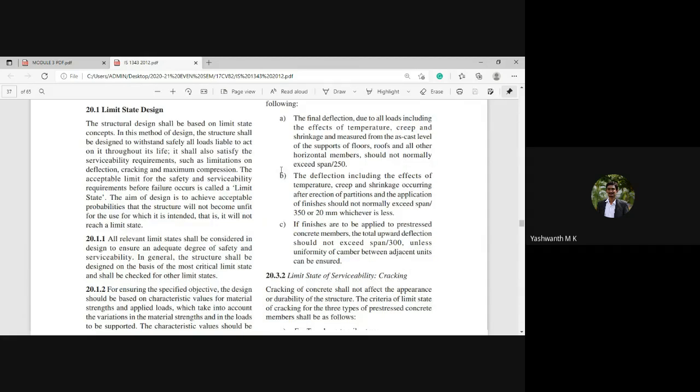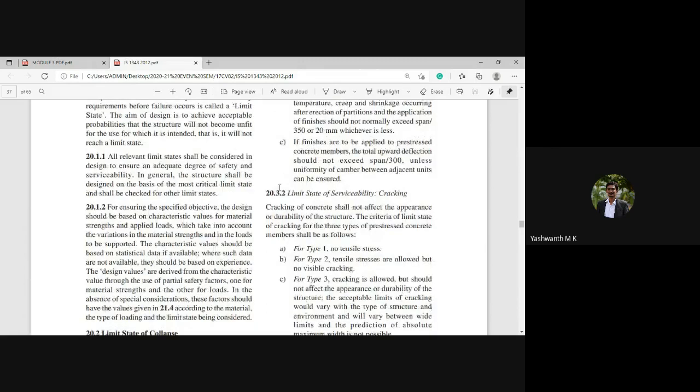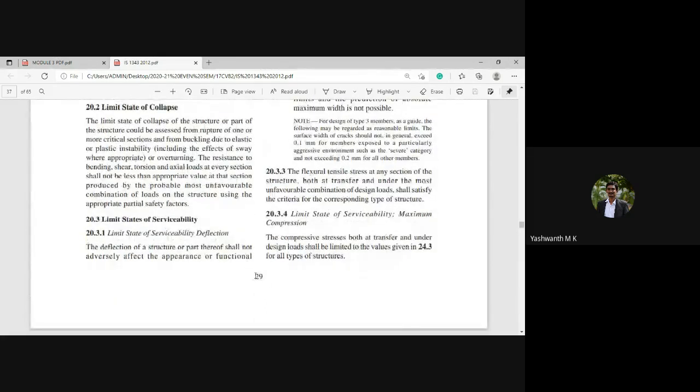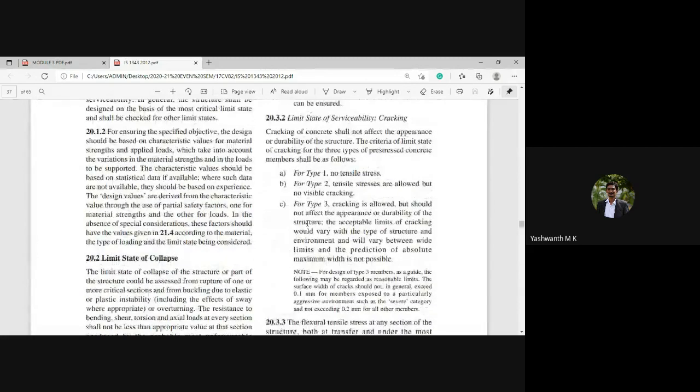You can see here, that is clause 20.3.2, page number 29, which clearly specifies the meaning of type 1, type 2, and type 3. It says clause 20.3.2, that is limit state of serviceability under cracking. Cracking of concrete shall not affect the appearance or durability of the structure.